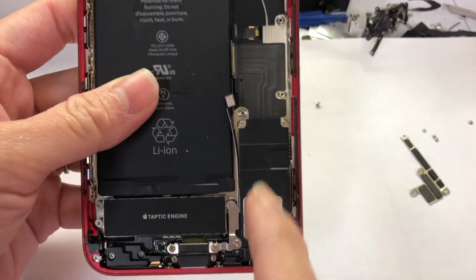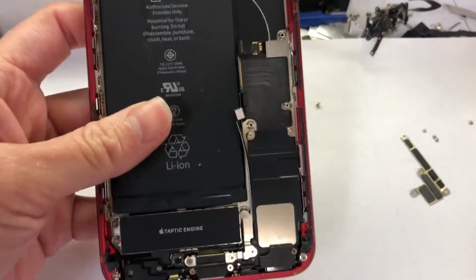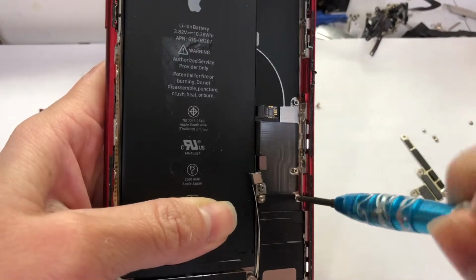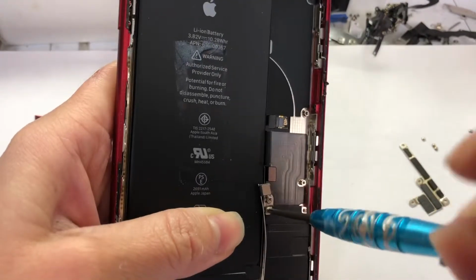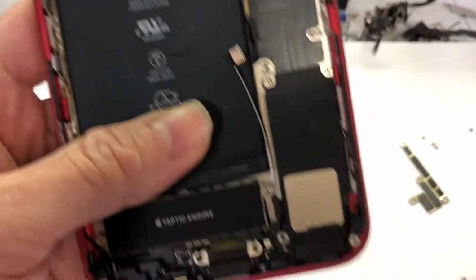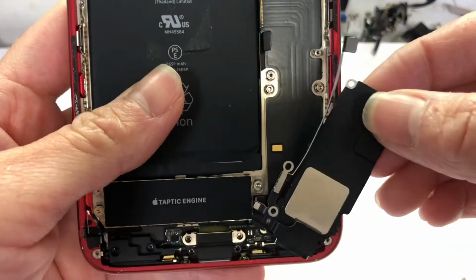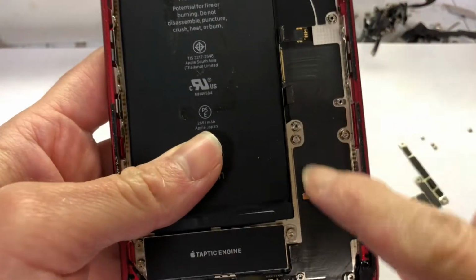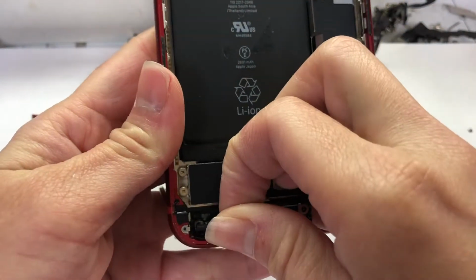Next step, I will remove the loudspeaker and all the screws on the bottom. Here you see they have all the screws connected. After I take off all the screws, now I'm gonna lift up the loudspeaker and put it on the side, and then here is how the charging port connector stays. This port too. Remove this port,